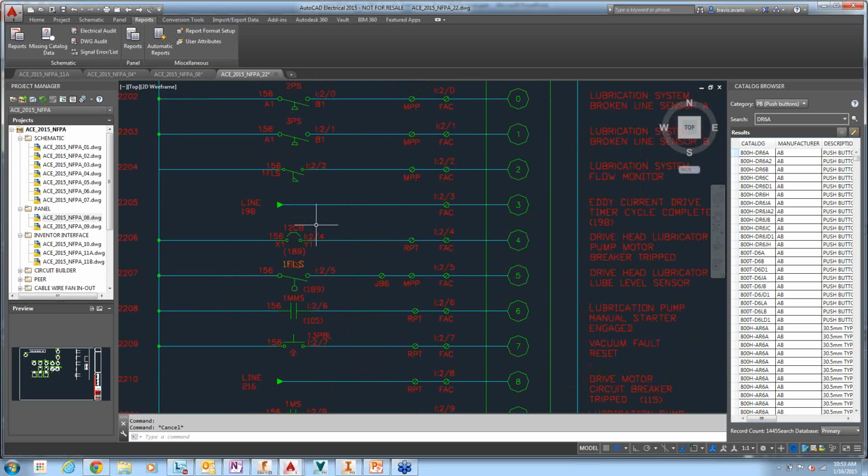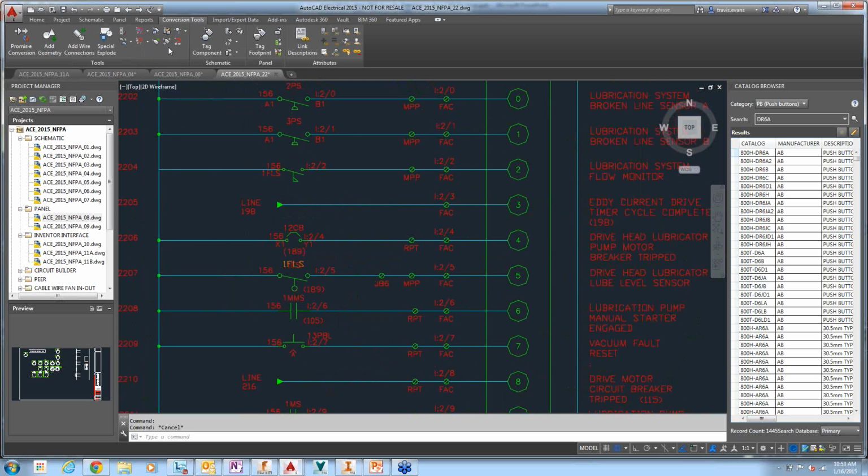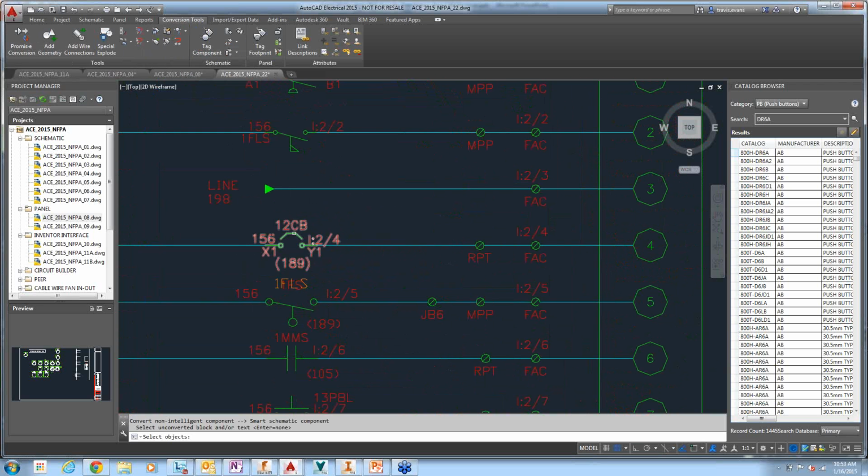The next thing we can do to help transition is, you can see I'm not just adding some tags, but what if I have these blocks and I want to convert them to what the electrical database uses, so having that same level of similarity. If I look at my conversion tools once again, I can see I have some additional tools. I want to convert to a schematic component. So if I want to take the component I'm looking at, I can reference this one,